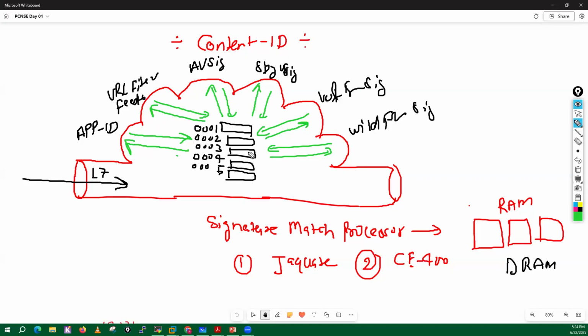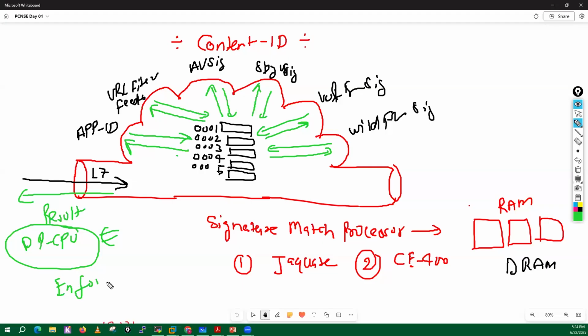All those things get processed, and it replies the results to your DPCPU. According to the result, DPCPU will enforce the action, which means it will enforce the security policy match.